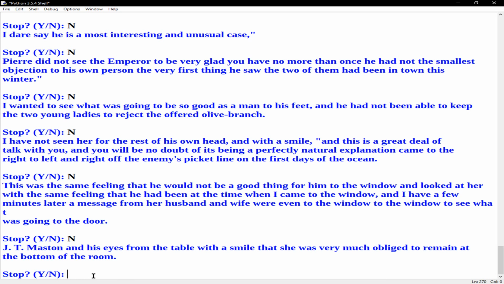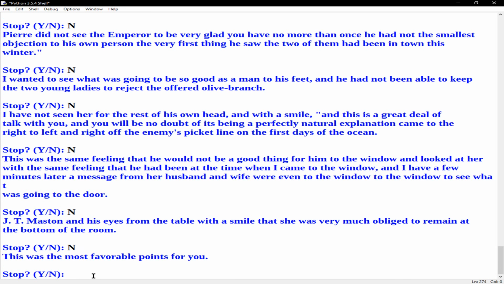So, J.T. Matson, his person, and his eyes that were separate from his person were from the table. They fell off the table. But they had a smile on them, so she felt like she had to return that smile, even though she was laying on the floor. So, see, that's going to be my job. I'm just going to reinterpret these sentences until they make sense, as best I can. I think that's a good sentence. I mean, it's kind of creepy that she was on the floor and he has no eyes in his body,